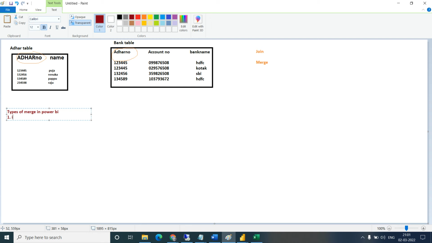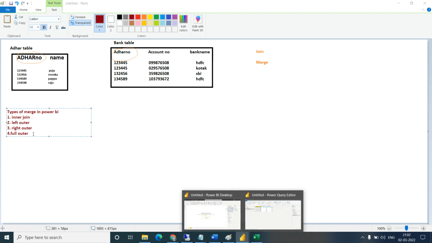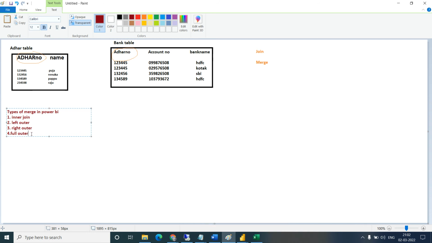There is inner join, left outer, right outer, then full outer. Again, two or three more are available, anti right and anti left, that we will see. But before that I want to confirm how a join will work.